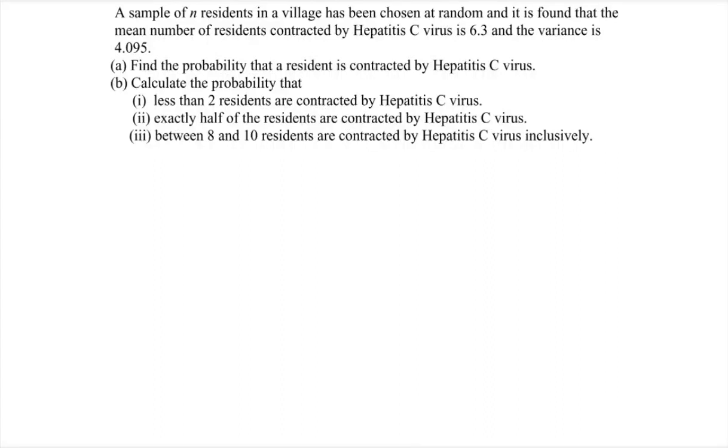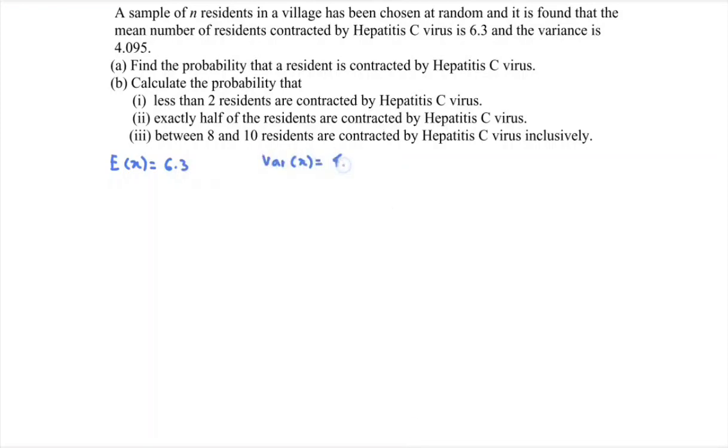Hello everyone, in this video I'm going to discuss the example for binomial distribution. A sample of n residents in a village has been chosen at random, and it is found that the mean number of residents contracted by the hepatitis C virus is 6.3. So here they mention that E(X) is equal to 6.3 and the variance